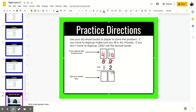So 10 minus 2 is 8. And 4 10s take away 1 10 leaves me with 3 10s. So check to regroup. If you have to regroup, put in your new totals up there, and then put your